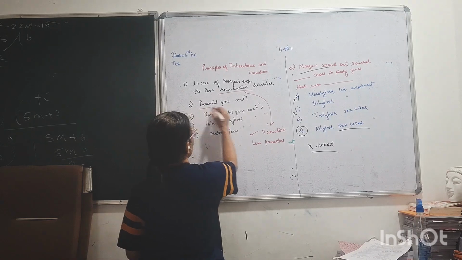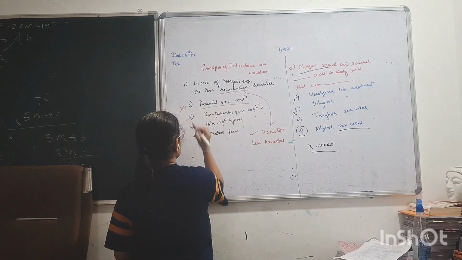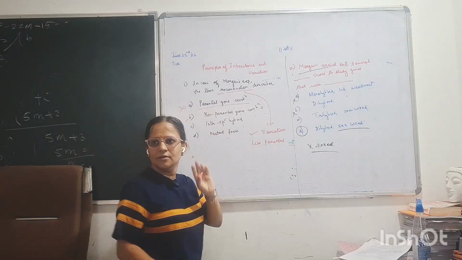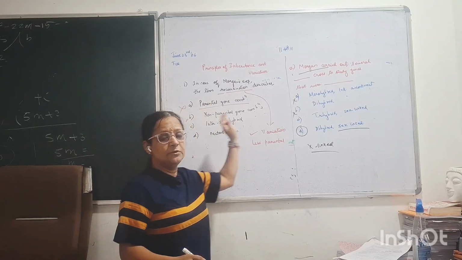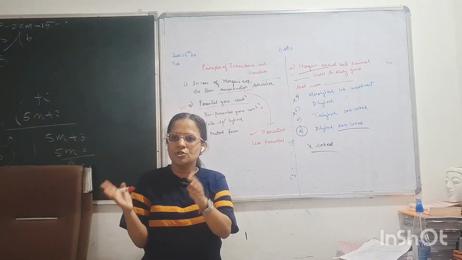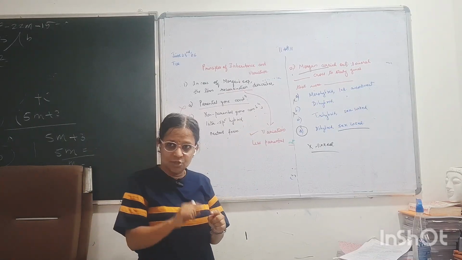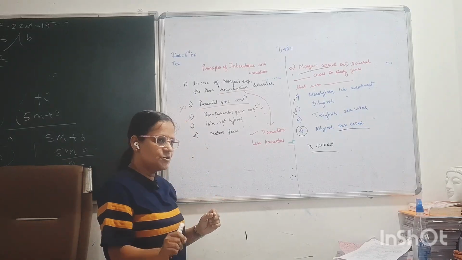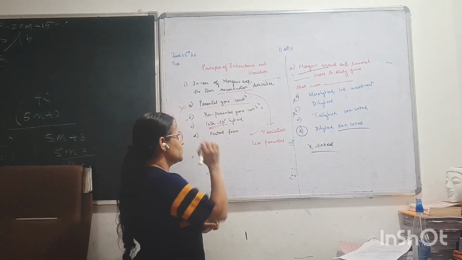So what are they saying? Parental gene combination? No. Non-parental gene combination? Yes. Interspecific hybrid? This has nothing to do with interspecific. There is nothing to do with species. Morgan did the cross between Drosophila melanogaster only, right? He did not take any other species of Drosophila. The same species was taken, Drosophila melanogaster. So it has nothing to do with interspecific.